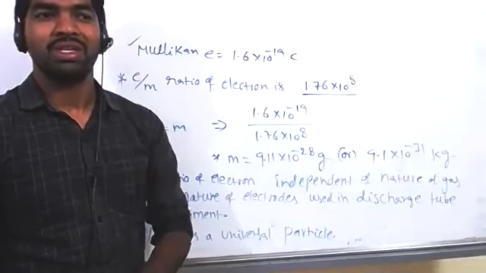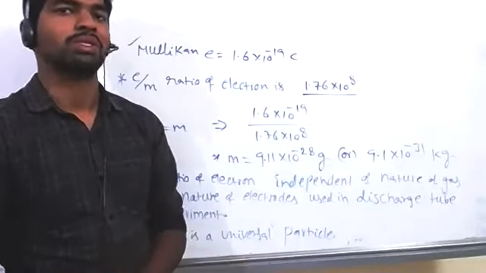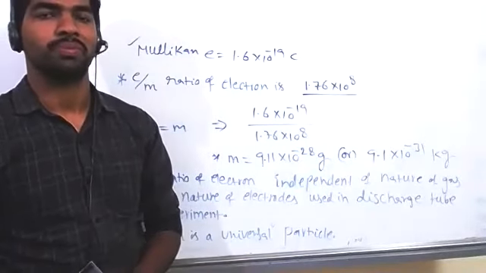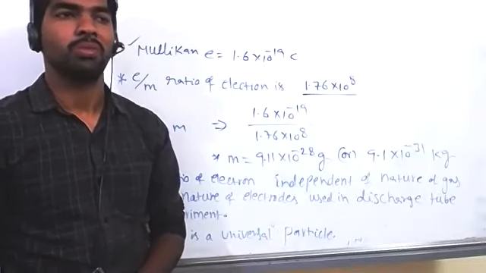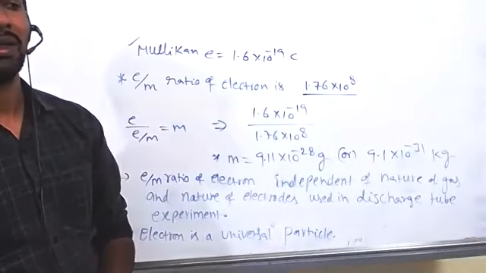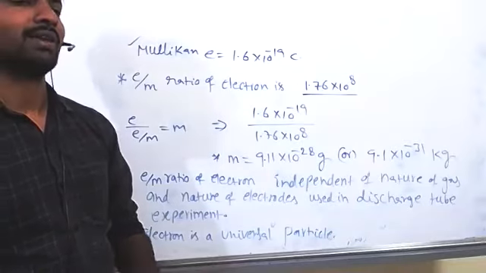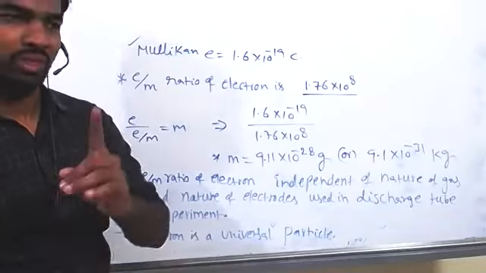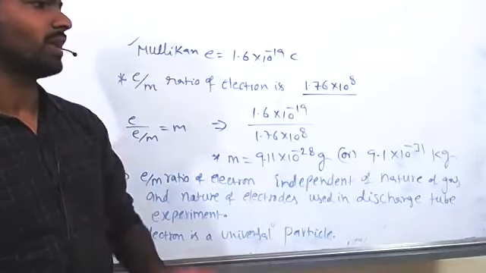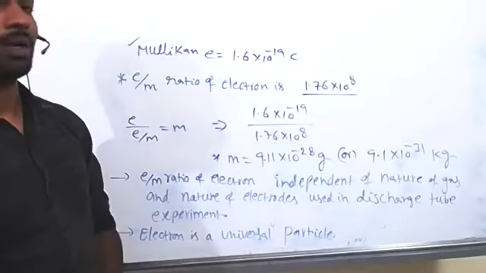Does it have any identity? Does this electron belong to sodium, or does this electron belong to potassium? No, it won't maintain that kind of identity. So in the universe, all electrons maintain the same mass, the same 1 unit of negative charge, and they always give a fixed e/m ratio.